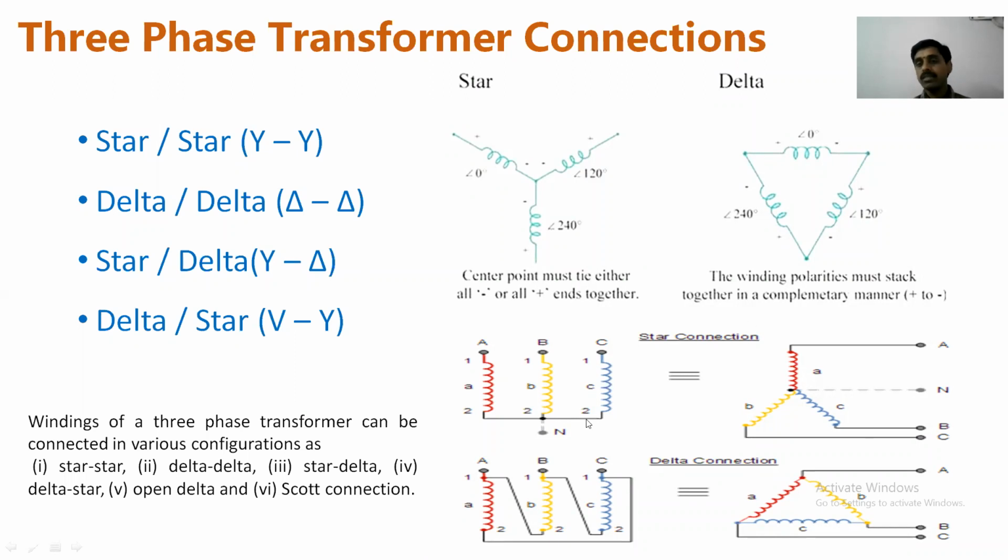Okay, you can see the picture also here. If there is A, B, C, this is also a star connection, and this is also a star connection. This is also a delta connection. On the secondary side, the first part is connected to this starting end, and this starting end is connected to this ending point. Like this, you can form a delta connection.